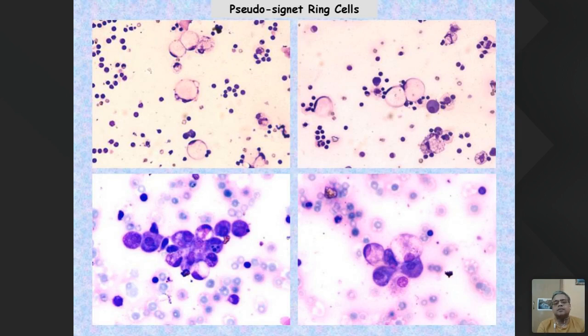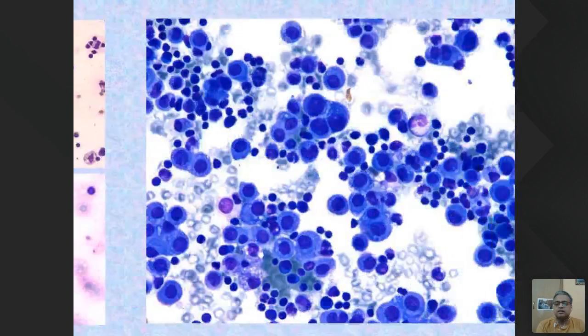A pseudo signet ring appearance is a very common occurrence, but despite that, I must tell you that a pseudo signet ring appearance should always be kept as a differential diagnosis with a signet ring cell type of carcinoma, and you must actively rule it out, because if you start disregarding it, 9 out of 10 cases are pseudo signet ring, but that one case in which it is true signet, you will end up missing a blatant adenocarcinoma. That's something we all learn very early on in our career, after the first mistake we make typically, or if our teachers drilled it into our head when we were junior or senior resident.